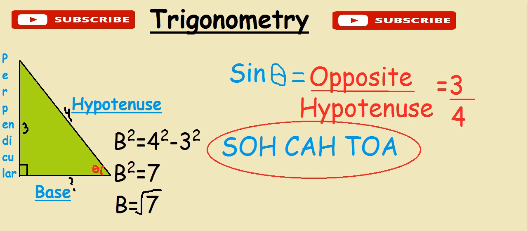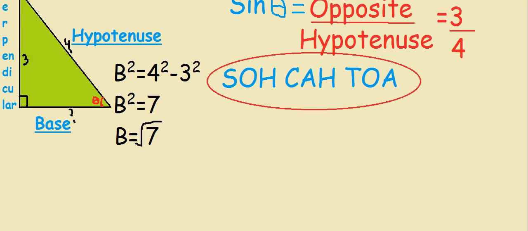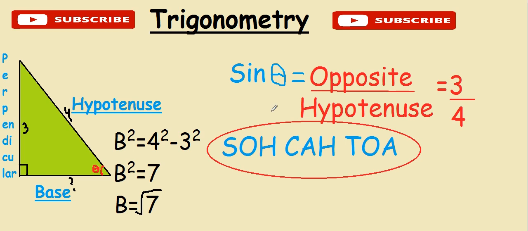Cos theta, I will write here, cos theta is equal to, now cos, as you can see on the screen, I have written the name of the princess, SOHCAHTOA. Now SOHCAHTOA tells us C is for cos, and cos is adjacent by hypotenuse. So adjacent is called the base. So base by hypotenuse you can say, or adjacent by hypotenuse. So now I have got base, that is root 7.